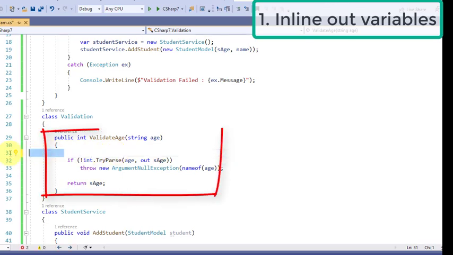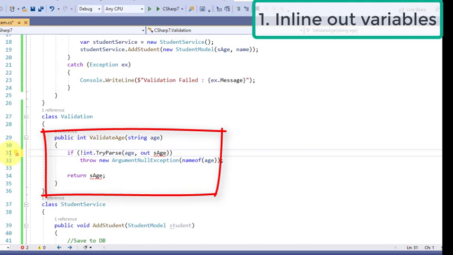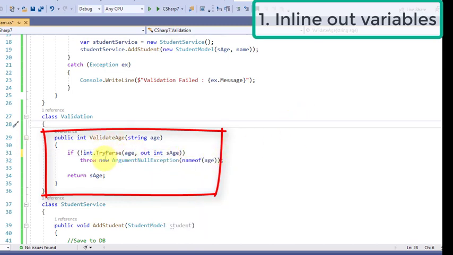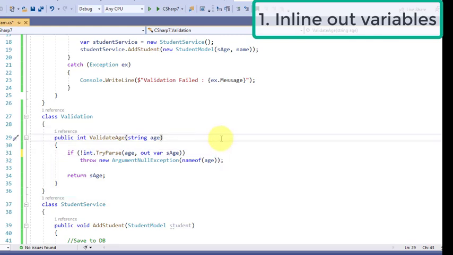we don't have to declare it outside. We can do the declaration here itself. You can see, like that we can declare it here itself. Also, one more important point is, because the compiler already knows that you are converting to the integral value, here instead of specifying a particular type, you can give var also. That also will work.